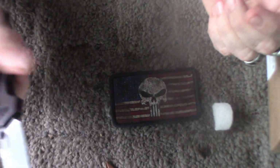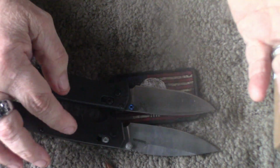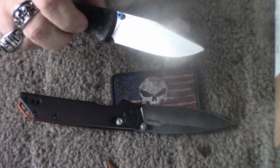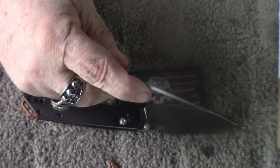But anyway, let's check this out. Here it is against the Benchmade Bugout. I don't know why he chose that one to compare it to. The Iridium is a little bit longer, and there's a little more razzle-dazzle on the Benchmade Bugout. I'm not sure if I got a more spectacular model. They both open up nicely, and yes, the Bugout is about $100 more than this one. But